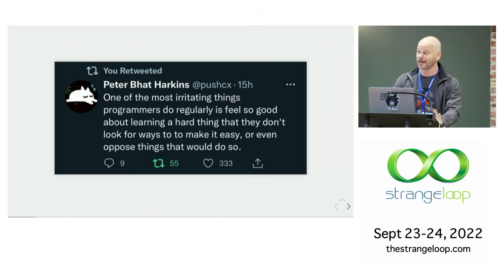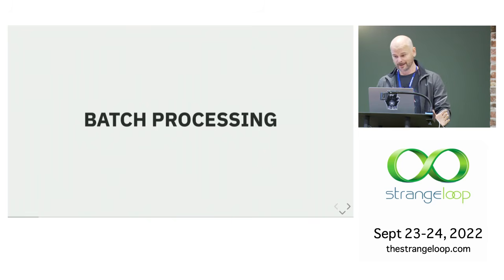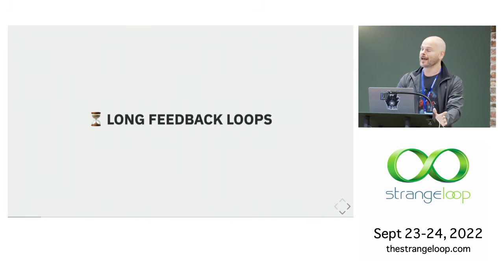And I'm going to argue that a lot of what we still do today is very much like what I was doing on that old VAX. For one thing, there's a lot of batch processing going on, right? And what's wrong with batch processing? Hella long feedback loops. It's no good. It takes you forever. It took me 45 minutes to find out what a one card change would do in the printout that I would get back, because that was the loop, right?